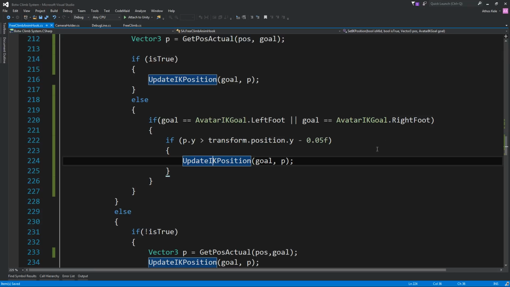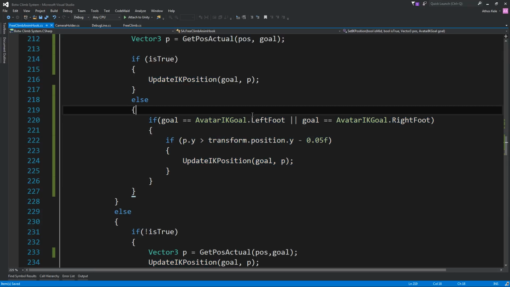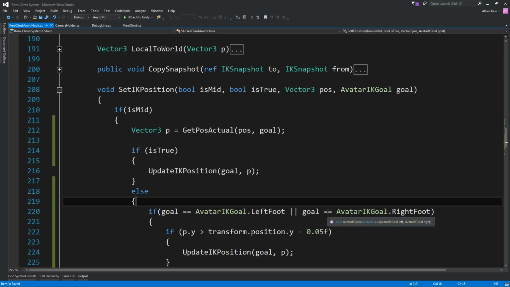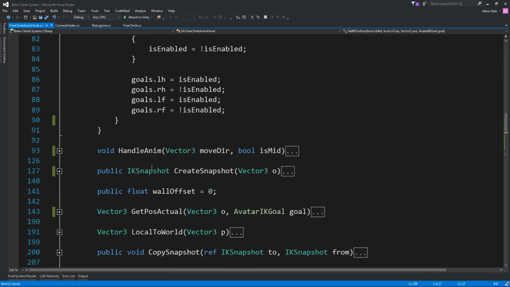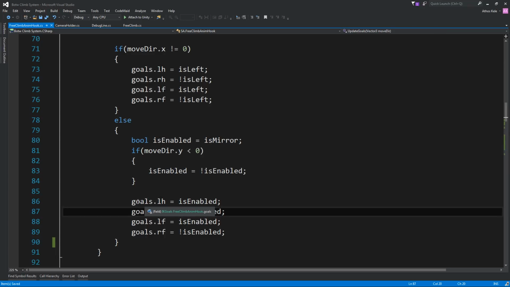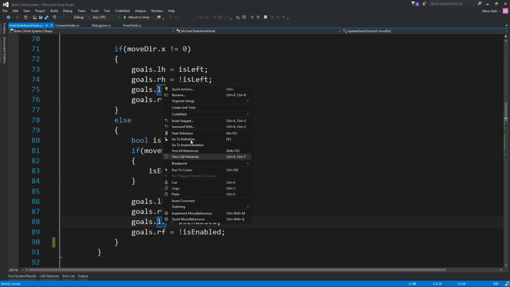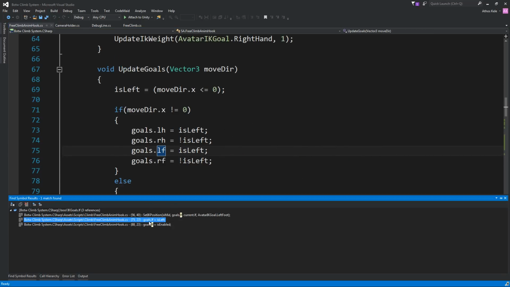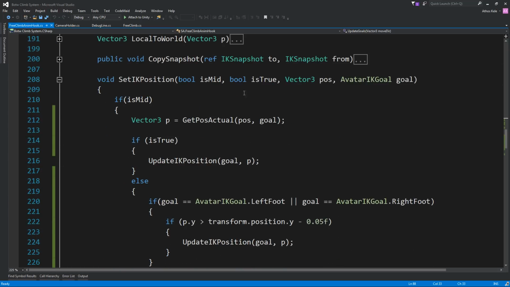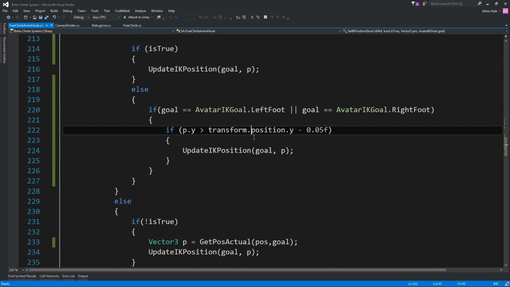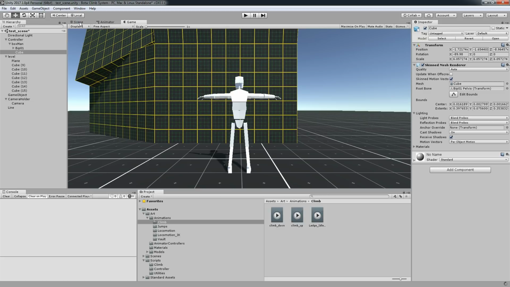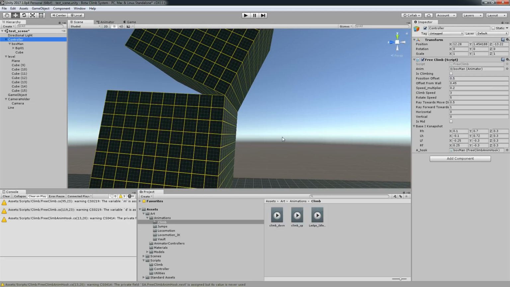Okay, so this going down, it's going to look if it is the left foot or not. It's going to turn it to true. I don't think we're going to need this anymore. For example, let's say LF. Let's see where we're using it. We're using it here, here, and here. Okay, so we don't need to turn this also to true. Let's test this. Let's bring our guy a little bit forward up, so we don't have to climb all that part.